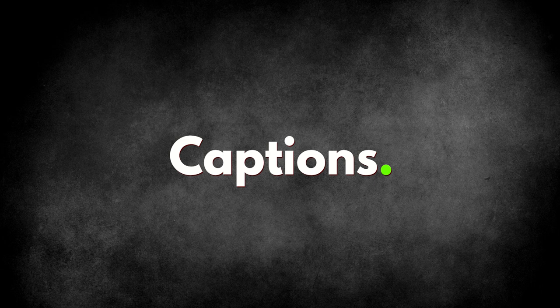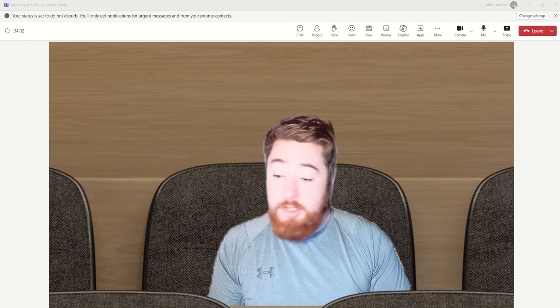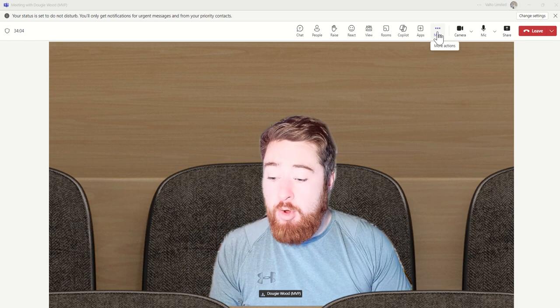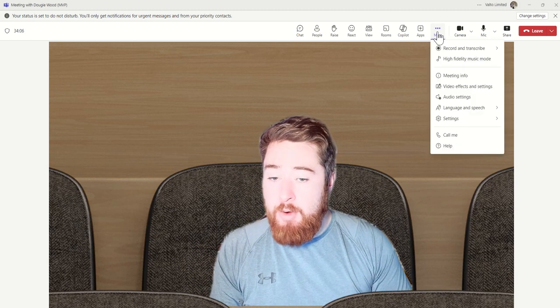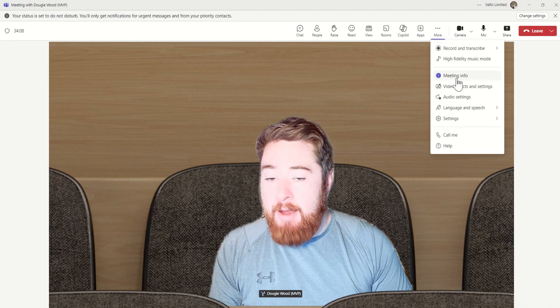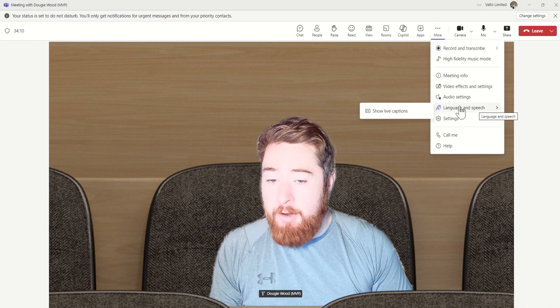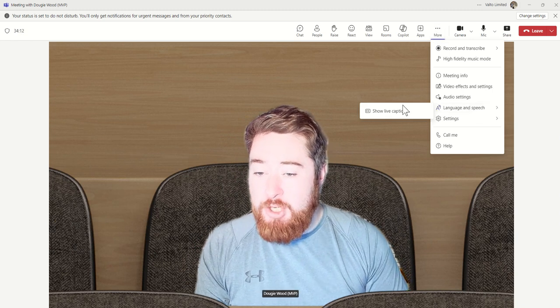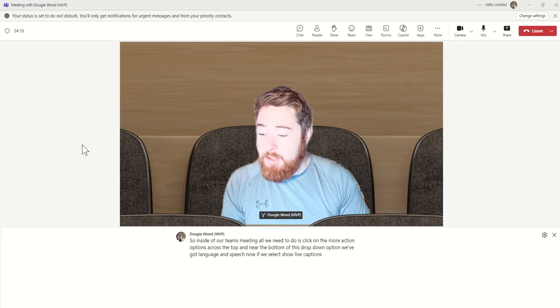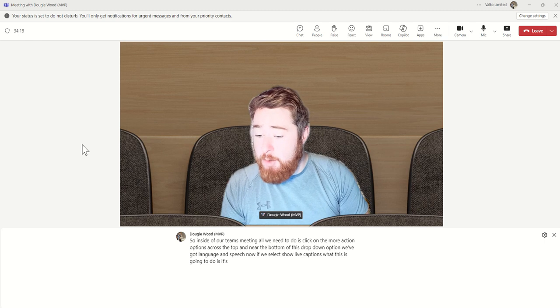So let's take a look at how we enable this. So inside of our Teams meeting, all we need to do is click on the More Action options across the top. And near the bottom of this drop-down option, we've got Language and Speech. Now, if we select Show Live Captions, what this is going to do is it's then going to show who's